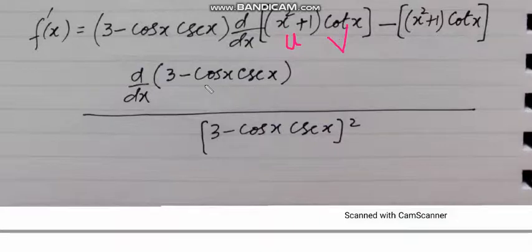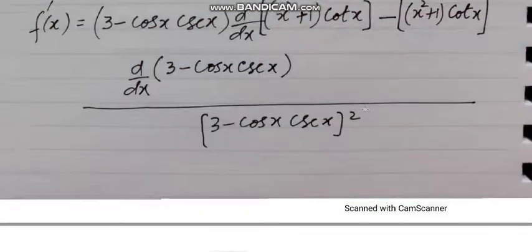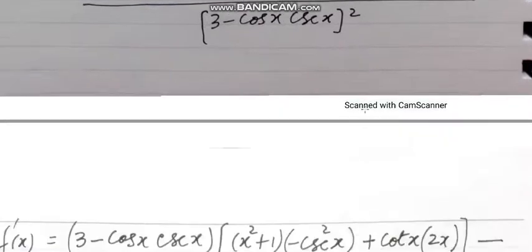Also, when we take the derivative of this quantity, this is again in u into v form. Or if you want to convert cos x over sin x, this can be written as cos x times 1 over sin x, then this will become minus cot x, and directly take the derivative of cot x. Otherwise, you have to apply the product rule.